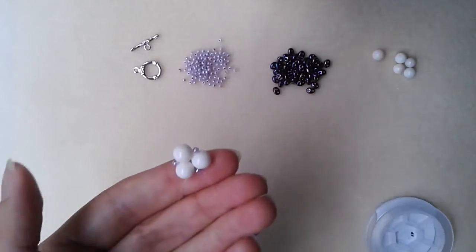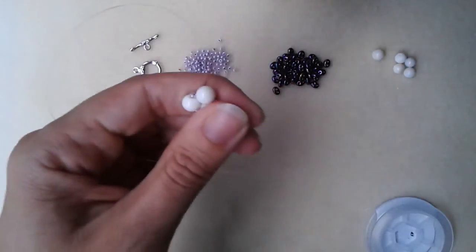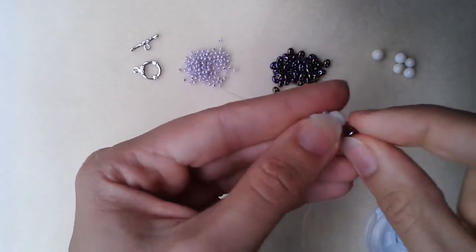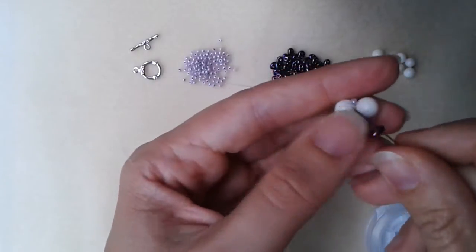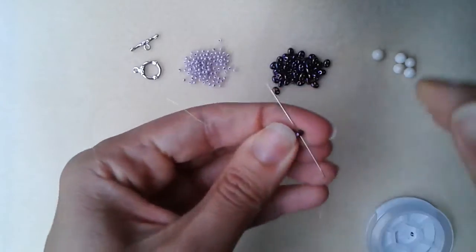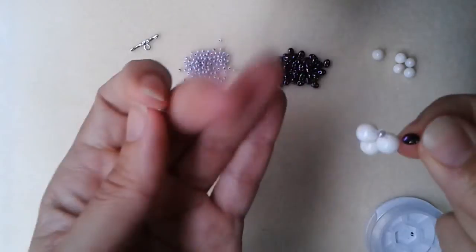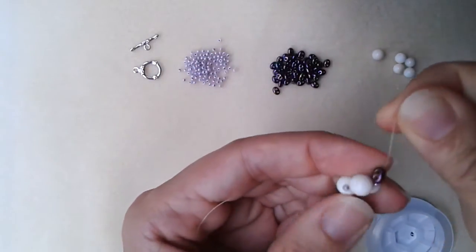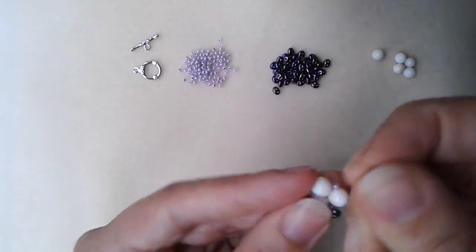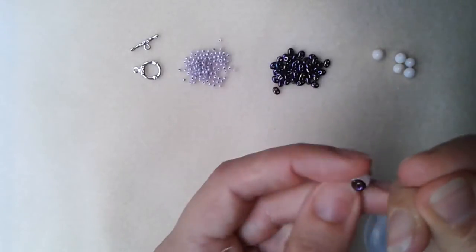Now what I do next is that I take 1 twin bead. I'm sliding it down here like that, and now I will go through its top hole like that. So I'm going through both of the holes of this bead here. So through here and through here. Now I'm sliding it down,